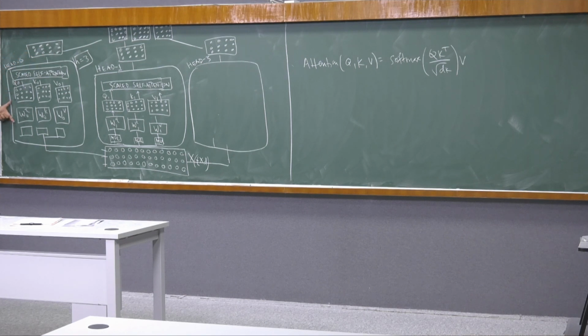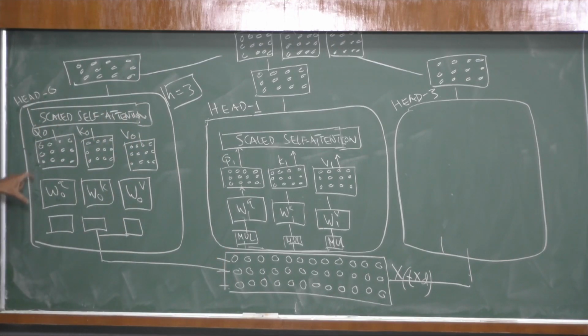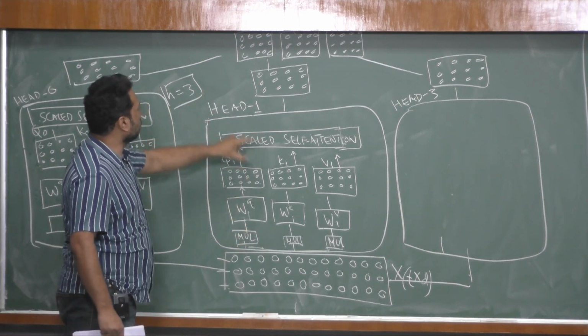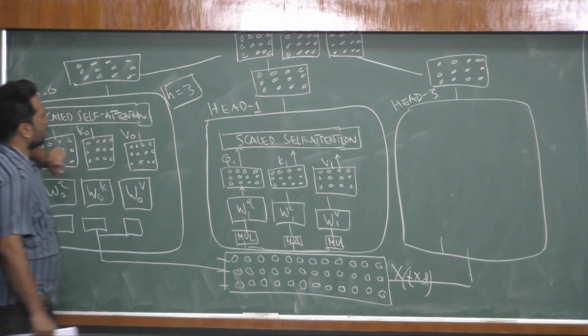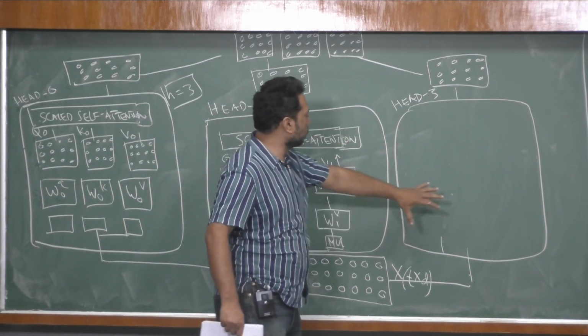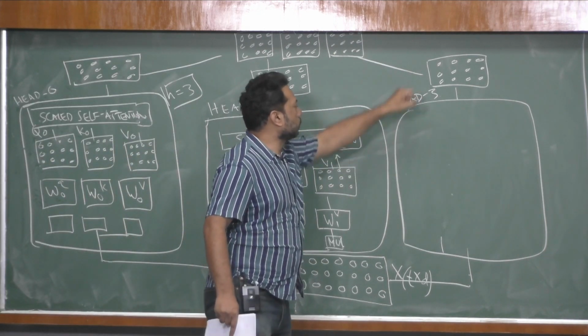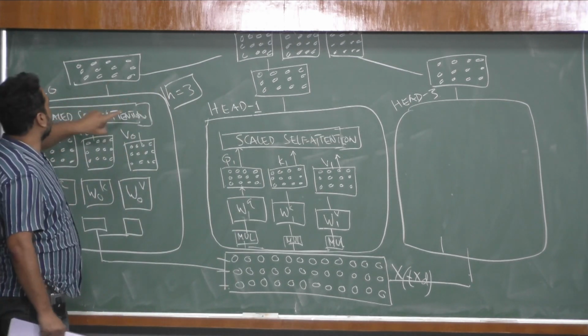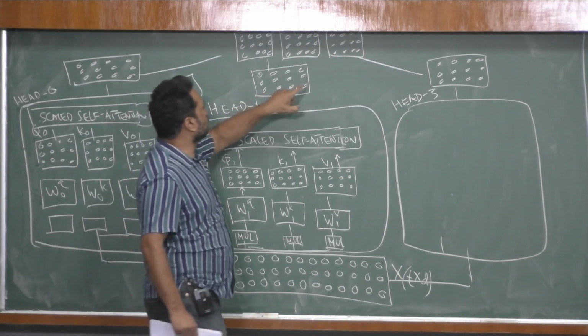So this head is looking at the input of T by D, and finally it's producing an output of the form T by D by H. Similarly, this head H1 is taking T by D input, and producing its own output of dimension T by D by H. And the third is similar, which is why I have not drawn it. It is also producing T by D by H. Now, if we concatenate that, then overall it will be T by